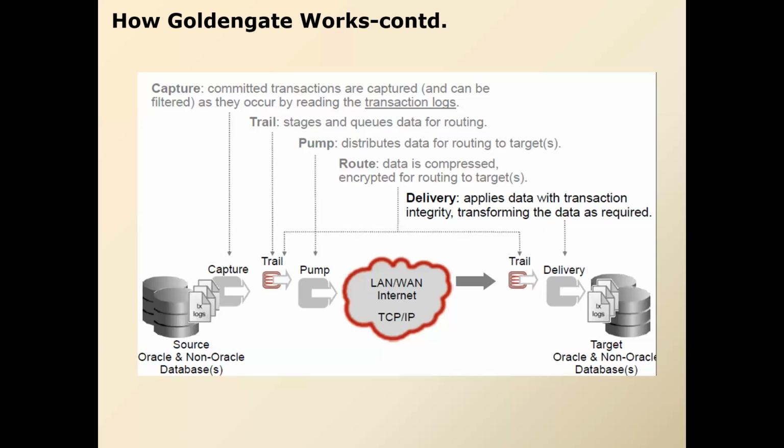Another thing is that GoldenGate architecture is not as complex as your database. Your database architecture is very complex. Your GoldenGate architecture is pretty easy and straightforward. Whatever I'm showing you right now, only those things are there in the GoldenGate architecture. Apart from that, there is nothing extra. There is no layer of complexity which will open up later on. No, nothing like that. So this architecture is very important.